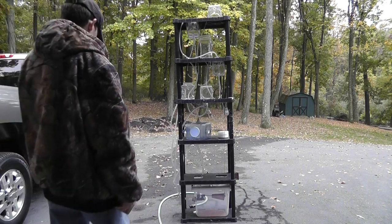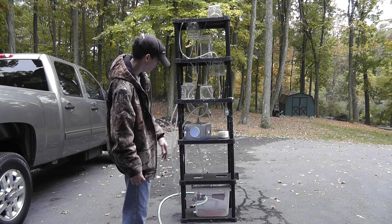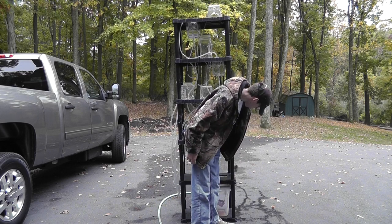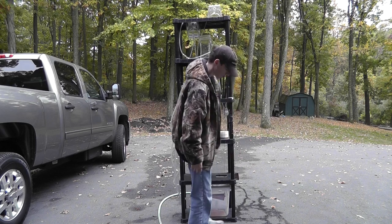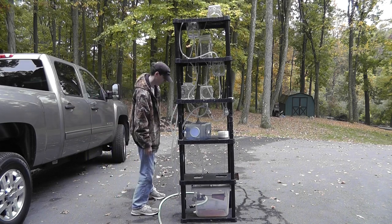Okay, as you saw in the previous video, I explained how this thing works. Basically, it all works out pretty well. The only problem is that I gotta mess around with this timing thing here. I probably gotta put a straight piece of plastic on here because this is catching as it hits the shelf. But other than that, this thing works very well. And we're going to turn this on